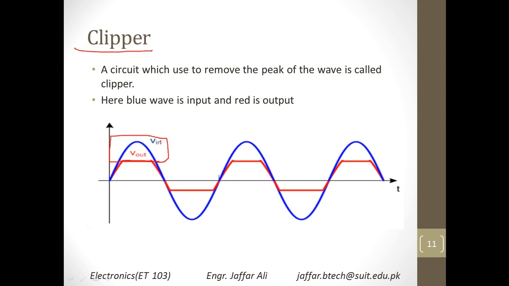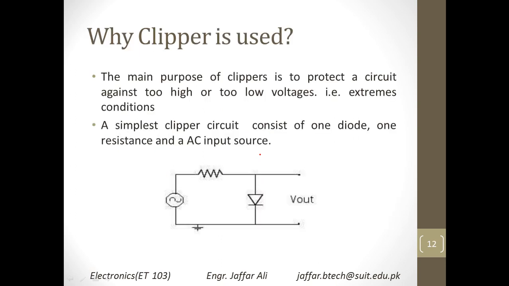And what does the clipper do? The clipper cuts out the peaks that are shown in blue color over here. We do not want such peaks, so we have used a simple circuit of a resistor and a diode that will help us cancel all the peaks, and we will be left with only the red portion of the signal. Let's see how this works. I've already discussed why we use it. We want to nullify the effect of the peaks.